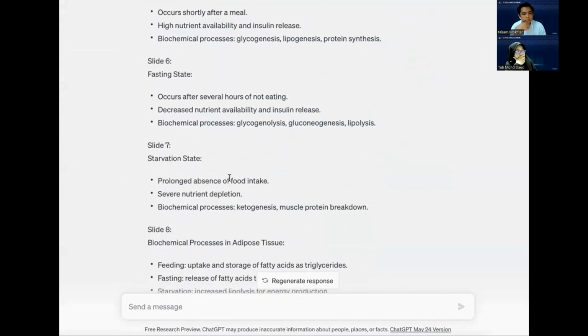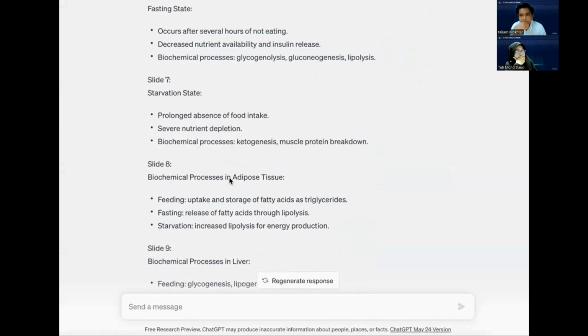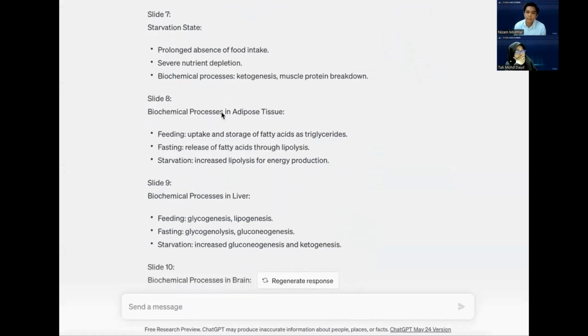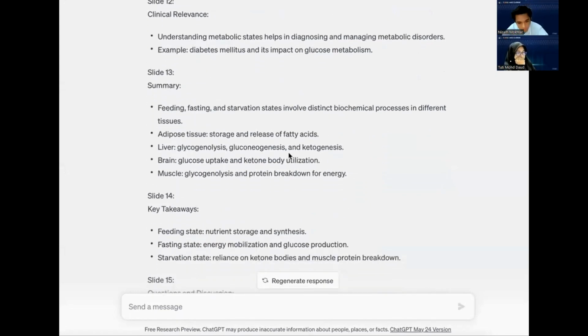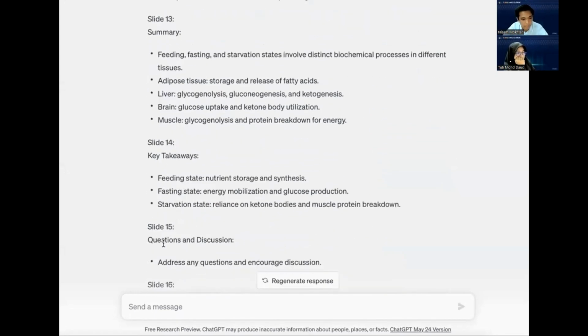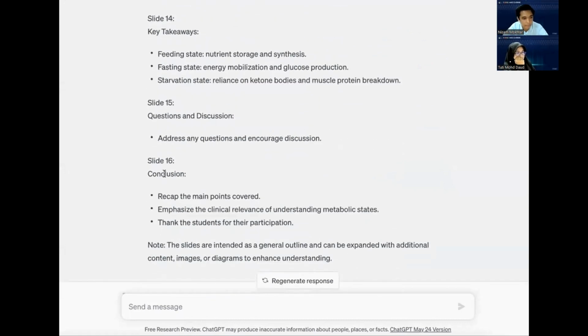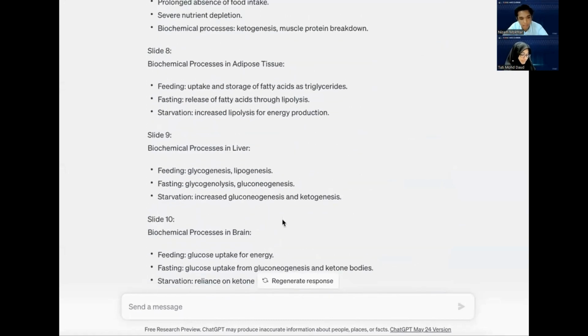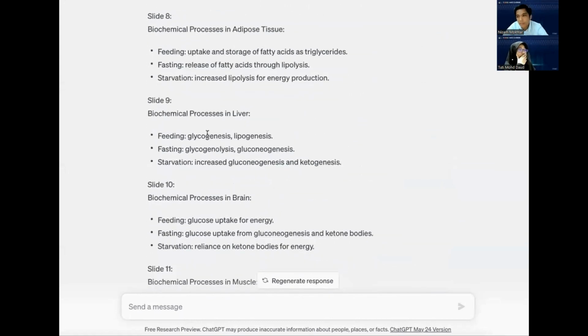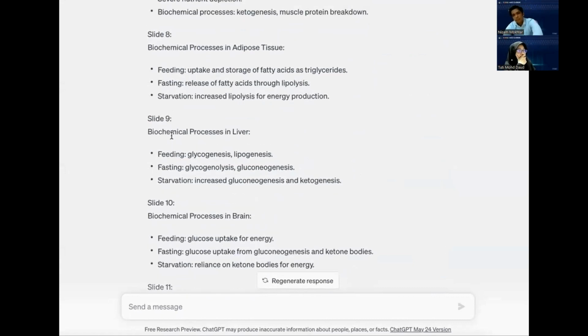But at the very least, what ChatGPT has done is that it provided you with a flow of where you can start, what you need to add here, what you need to discuss there. So up here it gives you up to 14 slides, key takeaway, Q&A. So overall is what? 16 slides altogether. Recap the main points. It's not comprehensive, but you can fill in the gaps, and you can fill in your own,